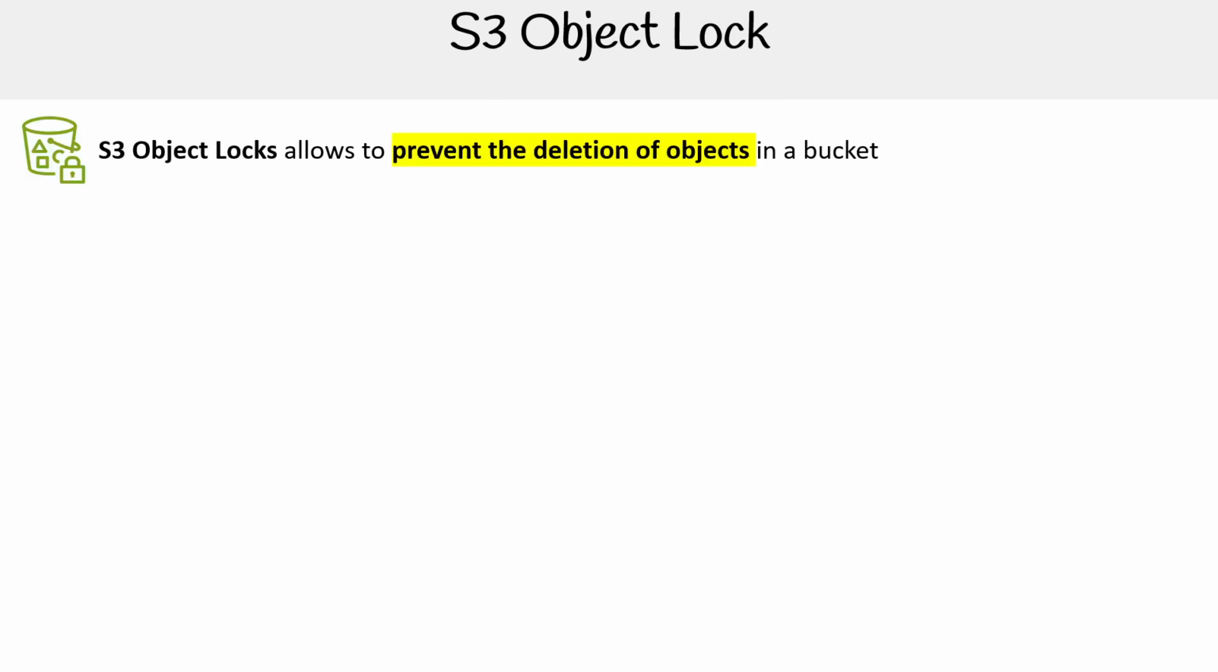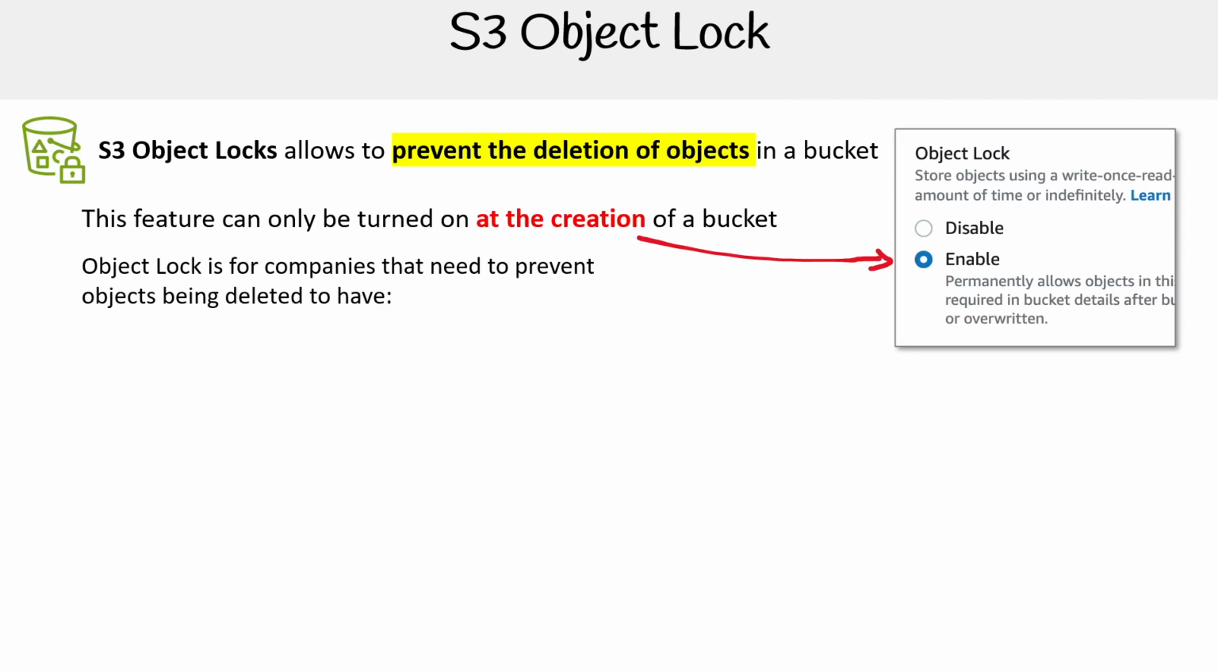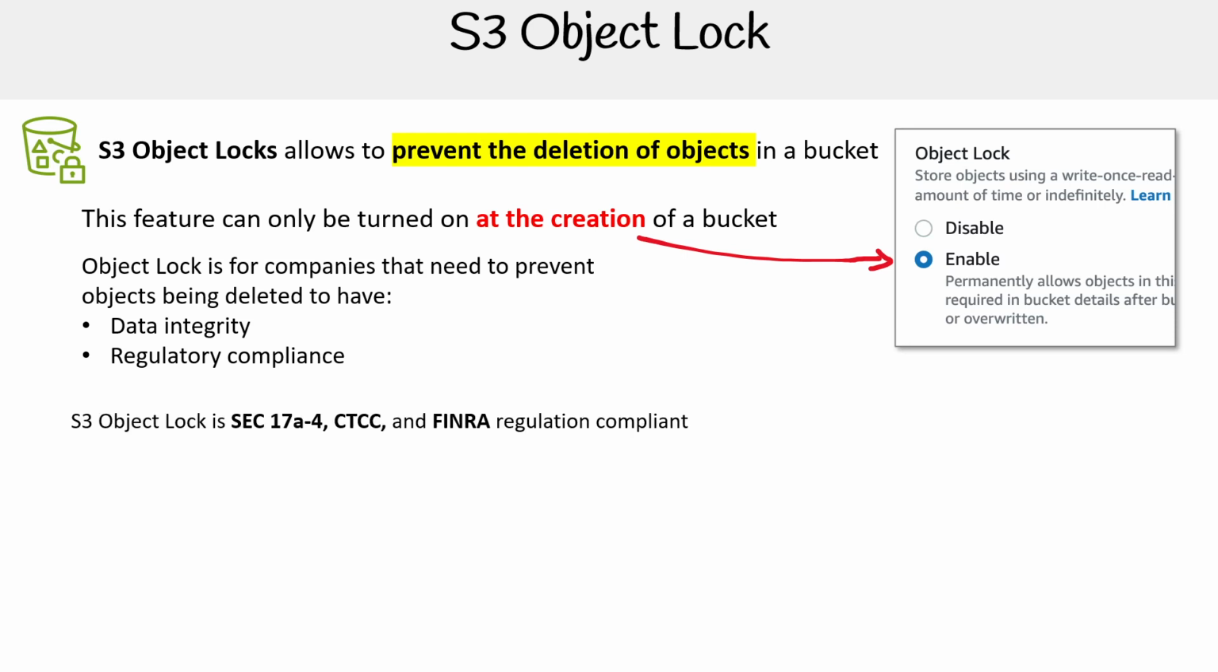S3 Object Lock allows you to prevent the deletion of objects in a bucket, and this feature can only be turned on at the time of creation of a bucket. Object Lock is for companies that need to prevent objects being deleted to have data integrity, regulatory compliance. And S3 Object Lock is regulatory compliant with a few different things like SEC